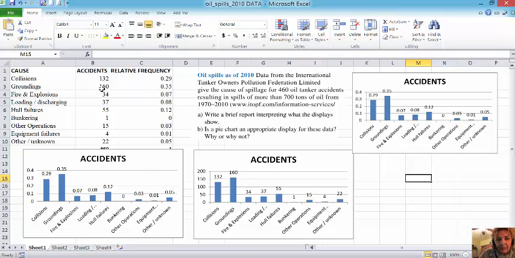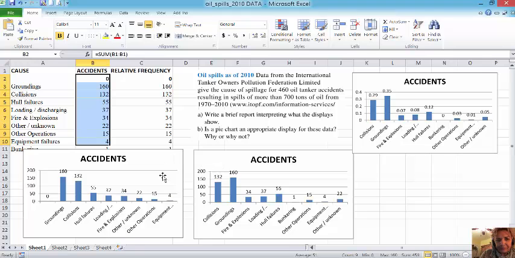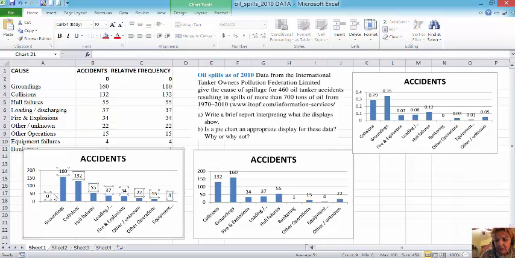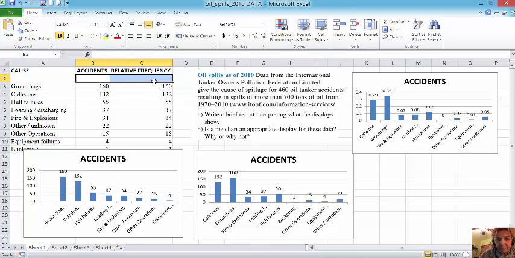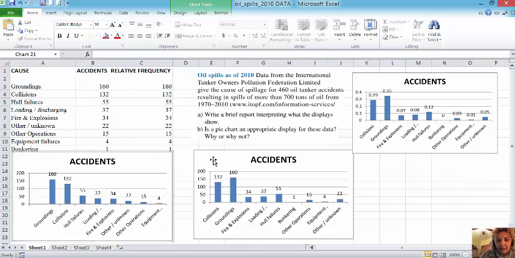Now, I would like to see actually in the descending or ascending order to be able to write a brief report quicker. So I'm going to sort and filter from largest to smallest, expand the selection, and I'm going to delete these zeros here. All right, now I can see in the descending order which category is the most frequent one. All right, now I'm gonna put these graphs together